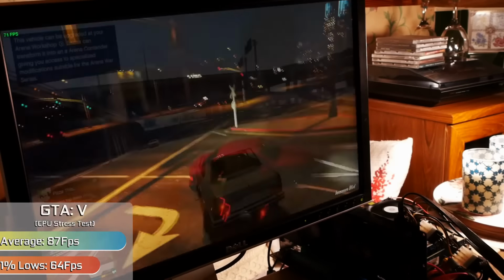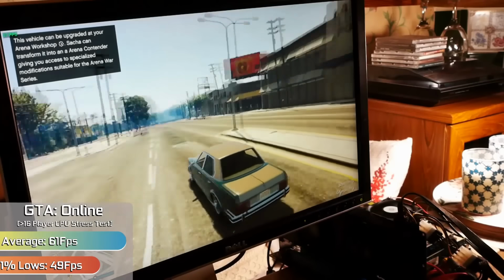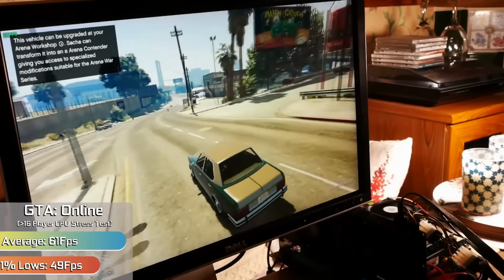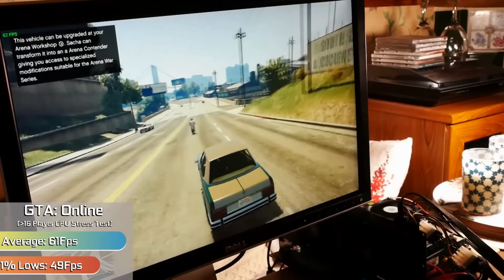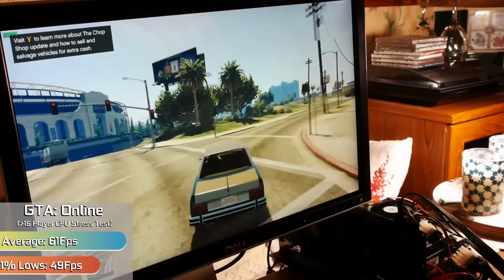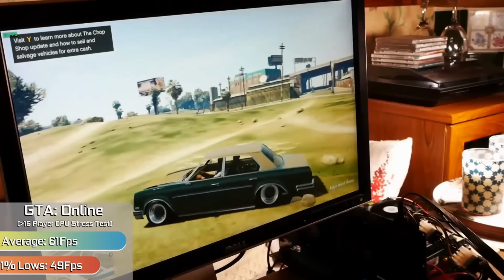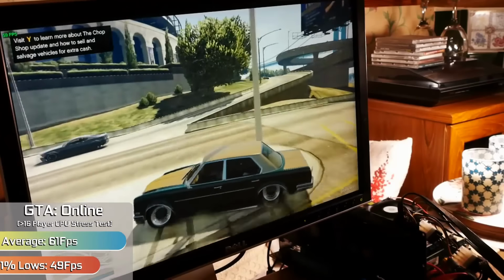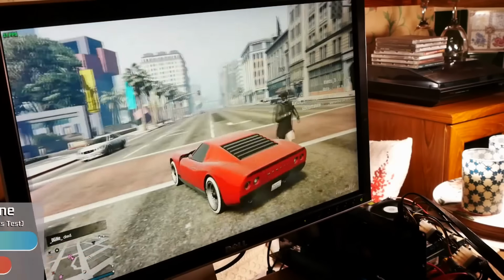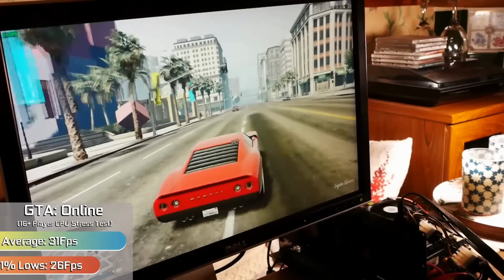However, the world of online proves to be a bit of a different story. When running the game in a small lobby with under 16 players, we do see a bit of a performance hit, with the game only now managing 50 to 60 FPS. Not that bad, and it does stay in that region most of the time, with only occasional drops down to the high 40s if lots of players were on screen and lots was going on. So you won't always be seeing a perfect 60 FPS, but generally the game is smooth enough that you're not really going to notice. Unless you go over 16 players, which is where the processor and the netcode for this